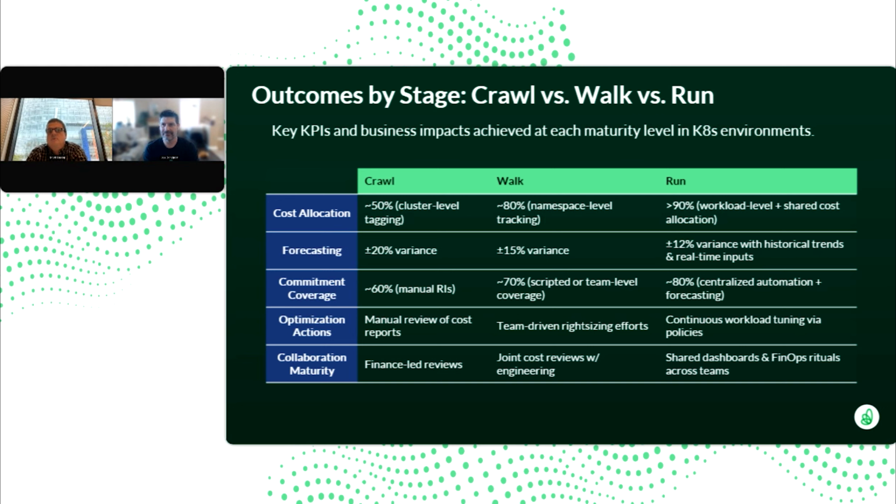From an optimization perspective, this is not a one-off kind of set and forget. You're doing this workload tuning on a regular basis. You're doing it continuously. So you're always looking at ways to optimize spend and to ensure that it aligns with the performance that you need within that business. And then from a maturity level, here is where tools like Cloudability and Kubecost kind of come into play, right? So you've got dashboards now that can show different parts of the business,